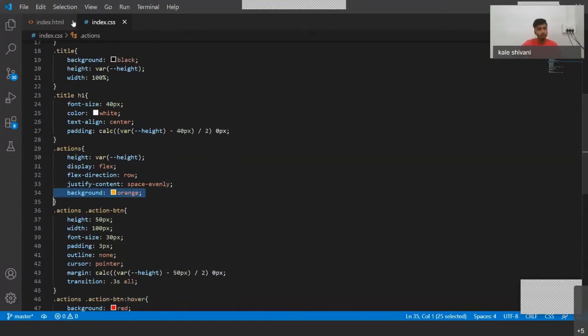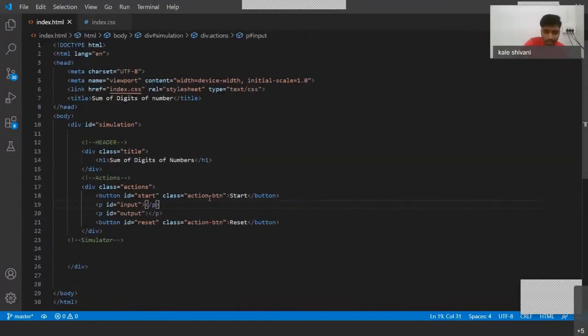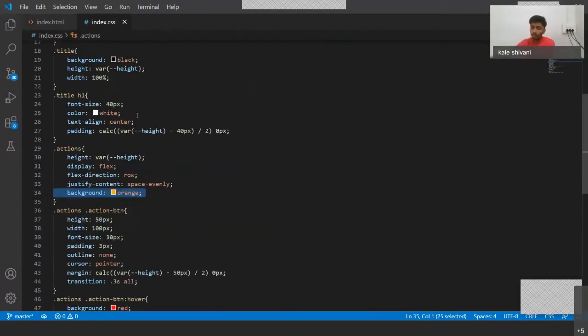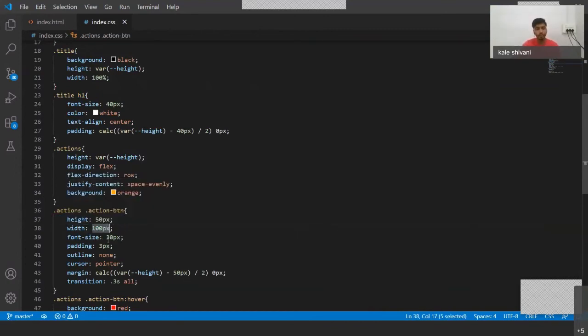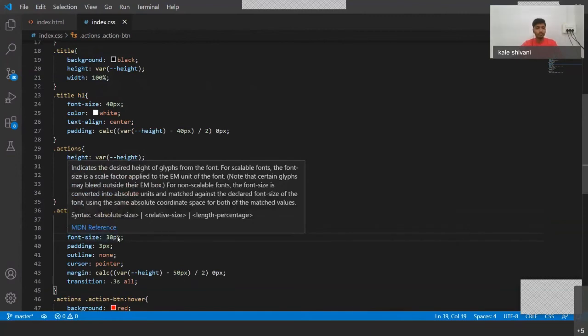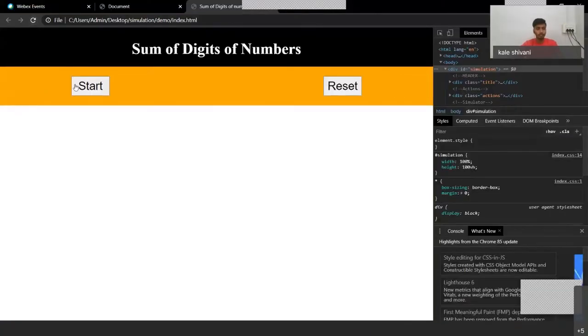The next thing I want to design is the action buttons, start and reset. For that, I set the height to 50 pixels, width to 100 pixels, and font size, meaning the text that we are going to see inside it, which is start and reset, is of size 30 pixels.